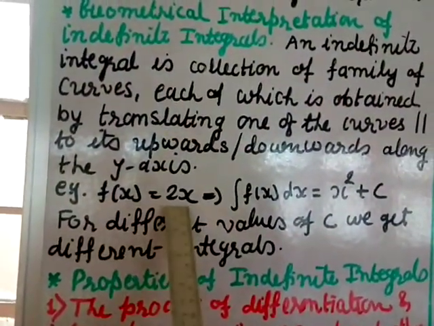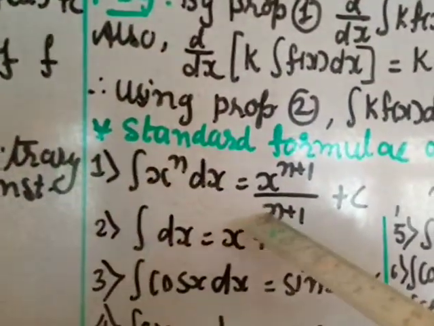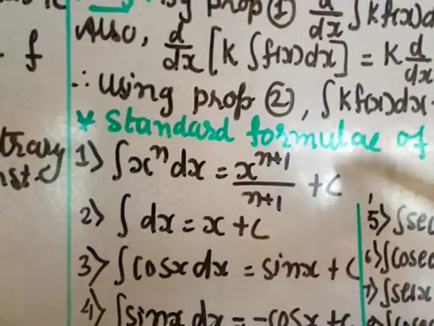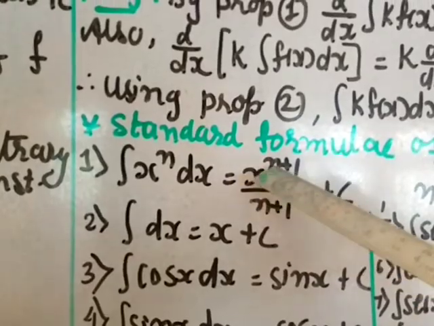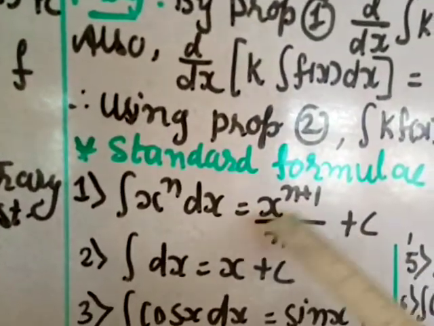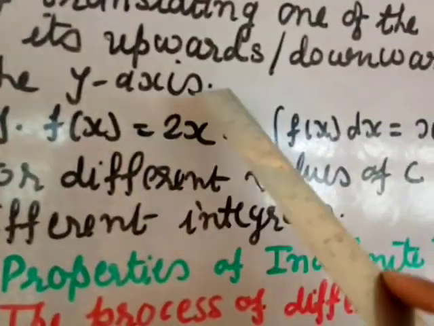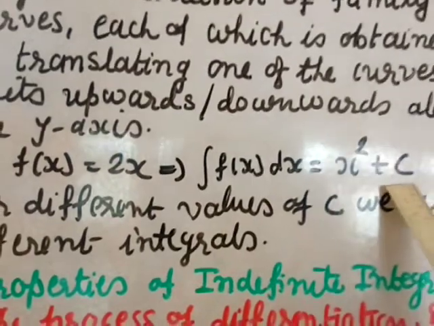For example, here they have given us f(x) equal to 2x. I am going to use a formula. This formula, integration x power n dx, is given as x power n plus 1 divided by n plus 1, plus c. c is an arbitrary constant. We can take any value. Here n is 1, so 1 plus 1 gives x square, and here 1 plus 1 is 2. So I will write 2x square by 2, that 2 will cancel. So what I get as the integration is x square plus c, the constant of integration.